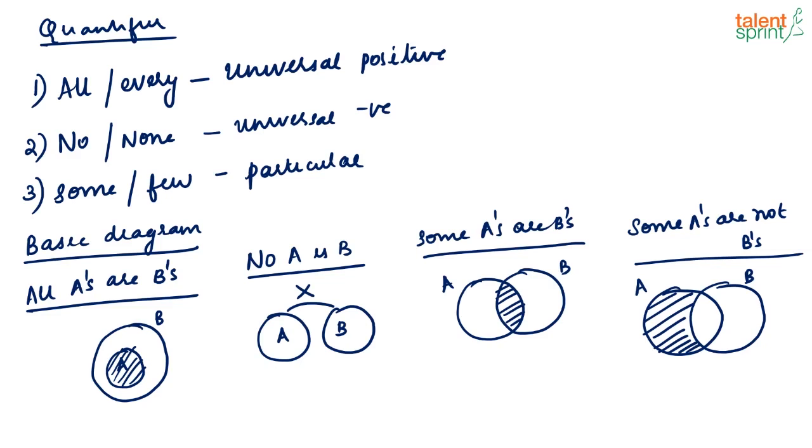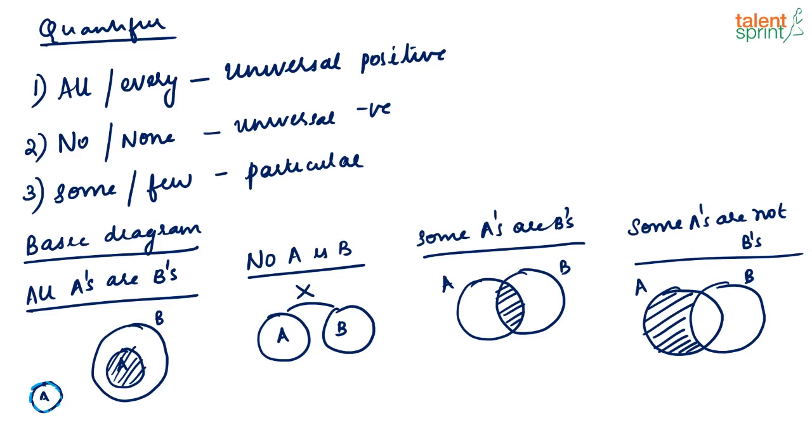Whenever you say all A's are B's, this is one possibility to draw. Now I can say that I can draw it like this also. This is A and this set is also equal to B, correct? Another way of representing all A's are B's is this, where this is B also. So again I can say all A's are B's. This is another way of representing the same statement. Similarly, for each of these statements, there are different ways in which you can represent it.